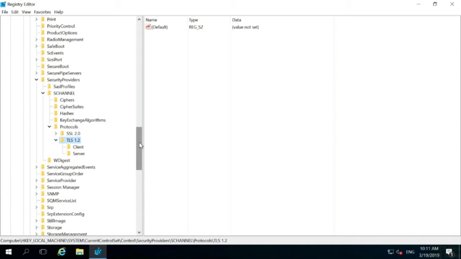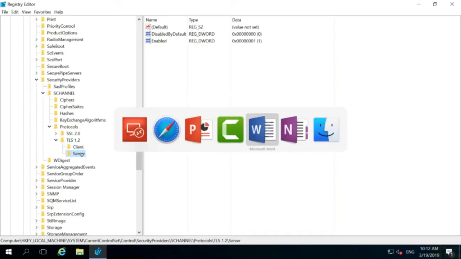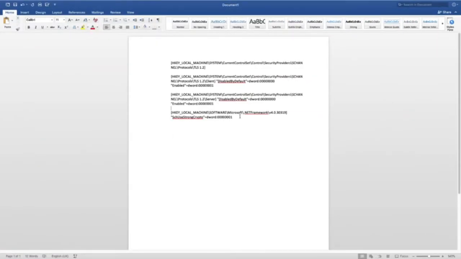You can go there and access these things. And then create two folders, client and server, and then create these two values. Also, one more thing you need to do is create this also in that particular location. Before you install Application Proxy Connector, you need to make sure you have this configuration done in your Windows registry within that particular virtual machine.